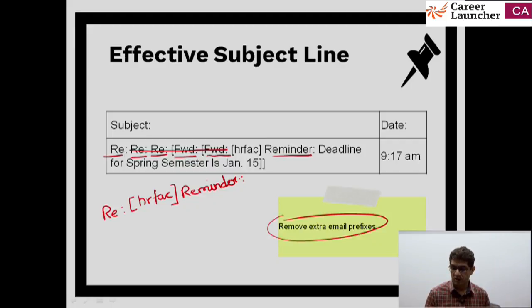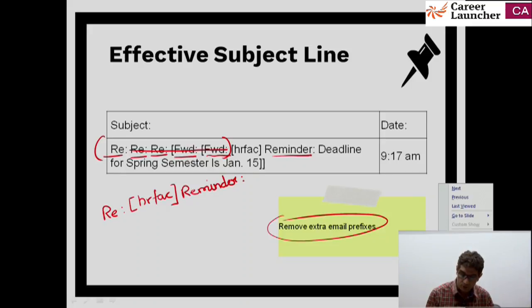Because the problem is, a lot of people nowadays access emails on their phone, and the screen of a phone, in fact I have one right here, see, unlike a computer, is so small that a subject line with all these extra bits will ensure that the actual subject line is not even visible easily, and that defeats the entire purpose. So remove all these extra prefixes wherever possible, wherever not needed, and that will help you remain highly effective while